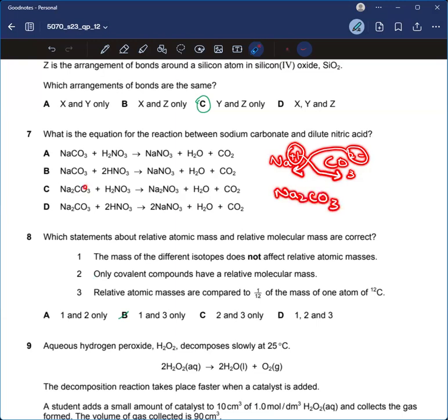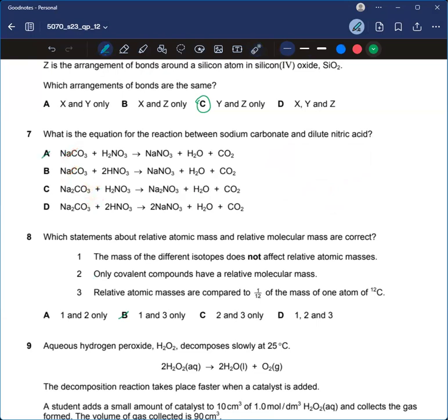Okay. So Na2CO3 corresponds with these two, C and D, and A and B would be incorrect, because of NaCO3. Okay. And now we'll look at HNO3, we know that